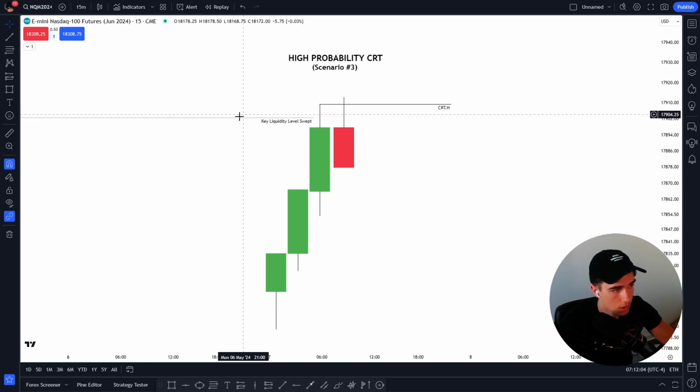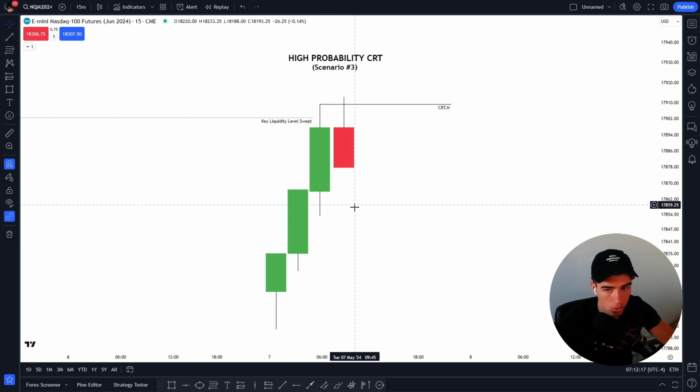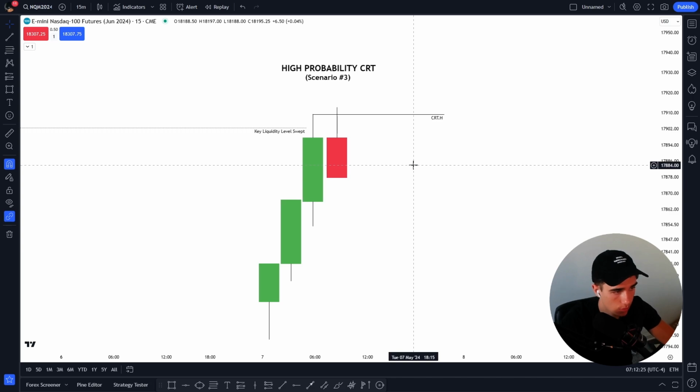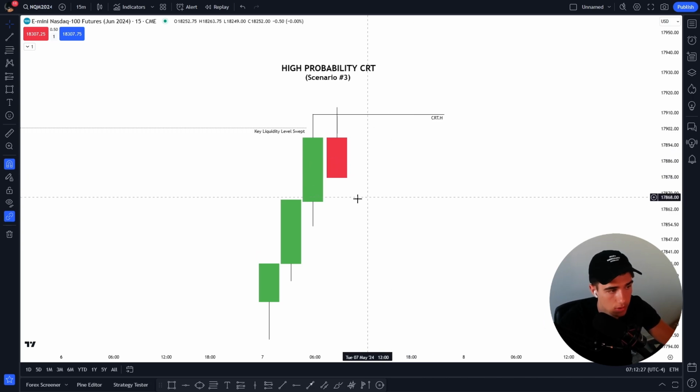So this right here is our original high, right? That this candle comes up, sweeps that key level of liquidity, pulls down, opens a new candle. That new candle comes up and sweeps the prior high and then comes down and goes lower. So this is when I will be taking my turtle soup entry, not here. And that again is a great way to identify higher probability CRT candles, with this candle right here obviously being